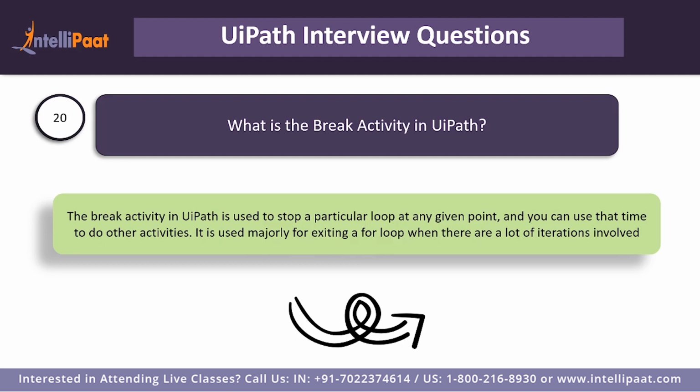But assume the number was 12 and you divide it by 2 and you find that the number is not prime at all. So you do not need to go through the iterations of 3, 4, 5, because you already know that this number has been divided by something, and there is no need for us to go through that loop because we already know that it's not a prime number.